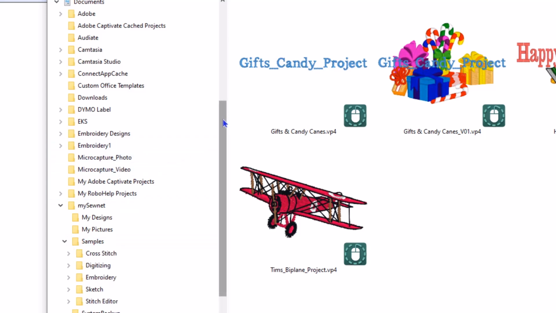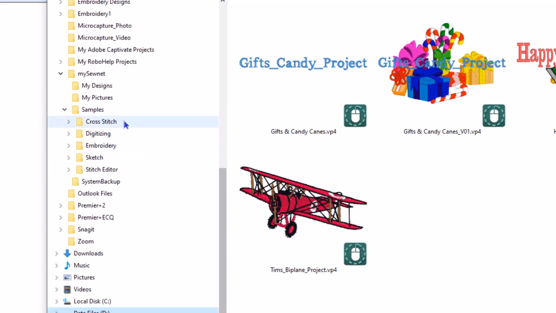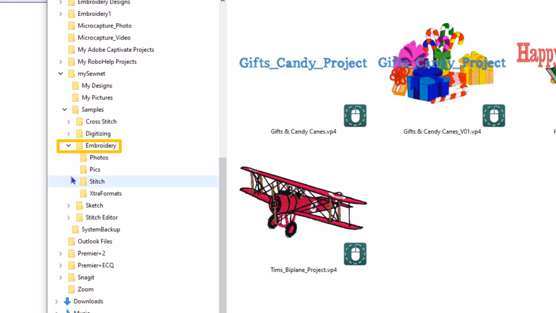and we open that folder up, you see that within the Samples folder, we have a cross-stitch folder, digitizing folder, embroidery folder, sketch folder, and stitch editor folder. This is the old modify module. I want to go into the embroidery folder because I see it has subfolders, and it does. It has a photos